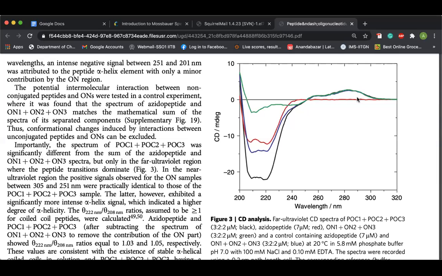Now, once you put them together, they have done 2 different experiments. You get either this blue or this black one. And over there, you are seeing both the signature of the alpha helix plus this particular feature showing up over here. It is not as flat as it was for the red one. This actually has some feature coming down, which shows the nucleotide is a part of that. Plus, you have a very good signal over here. So this shows that the blue and black one are forming a structure where the alpha helix and oligonucleotides are together. Now, what is the difference between the blue and the black one?